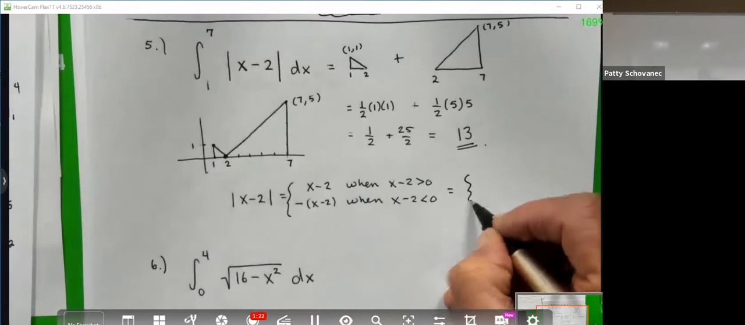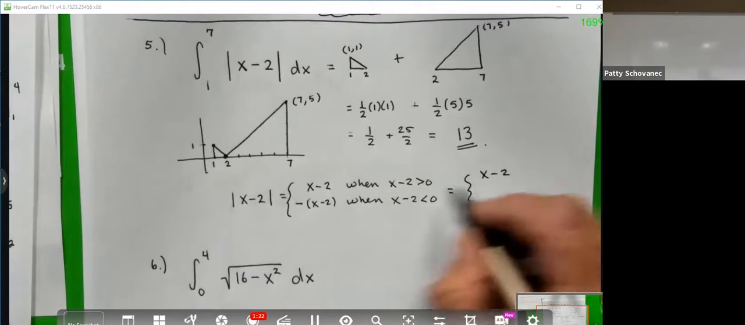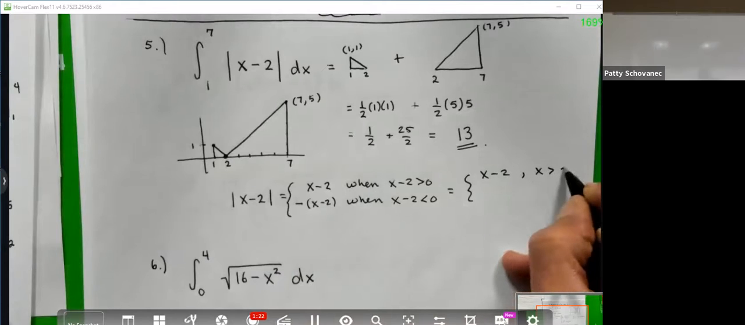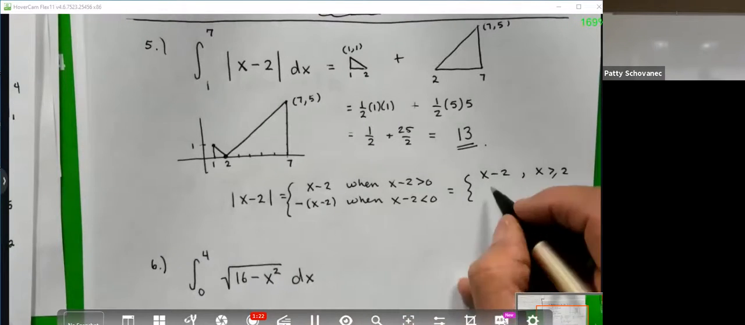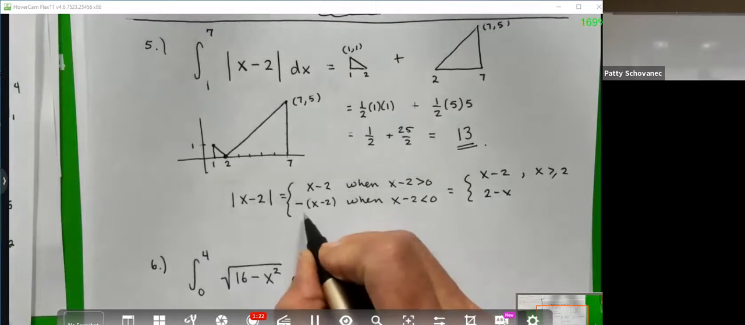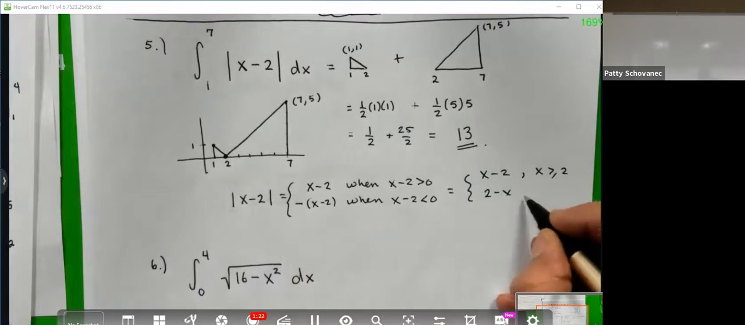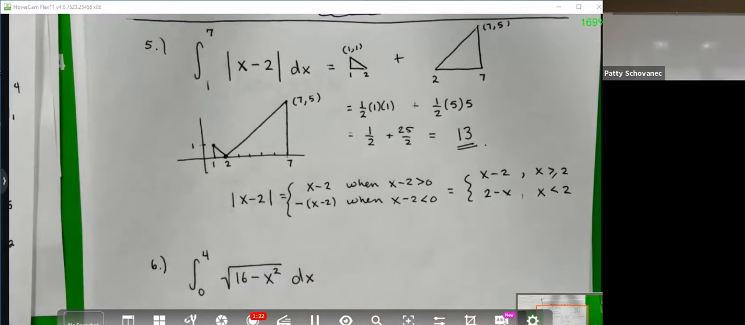And so I can write that as x minus 2 when x is bigger than or equal to 2, doesn't matter which one has the equal sign. And it looks like 2 minus x, if I distribute this minus sign here, when x is less than 2. And so I can use that